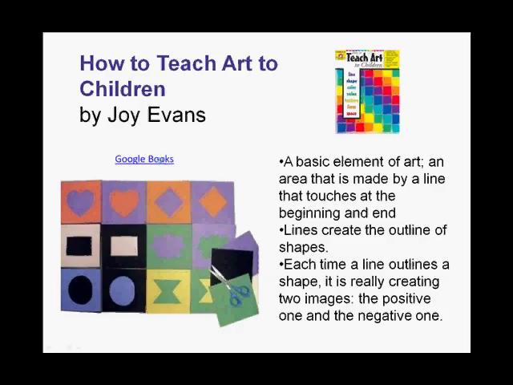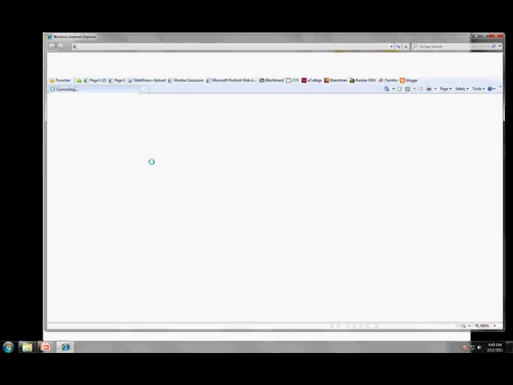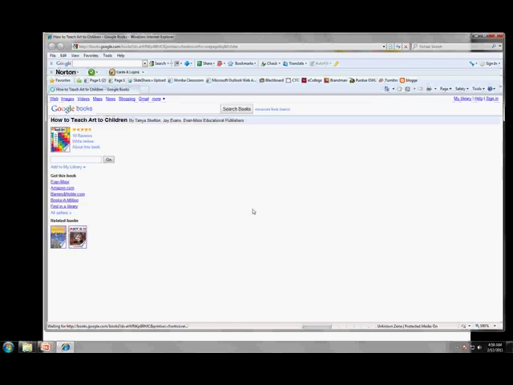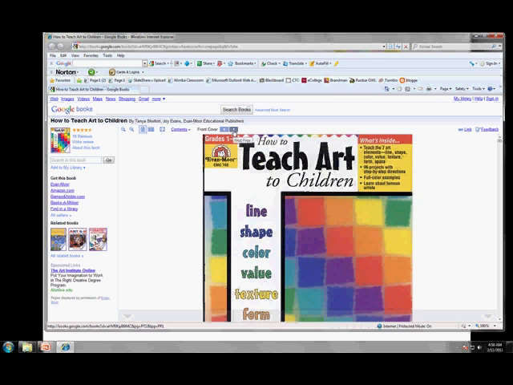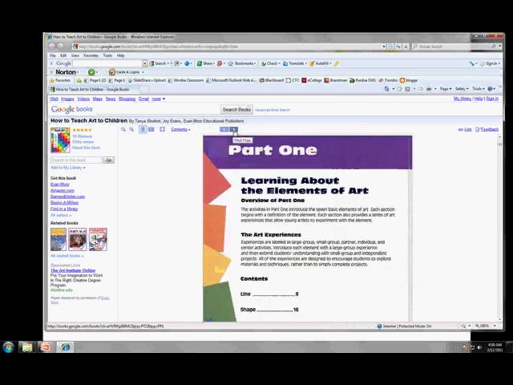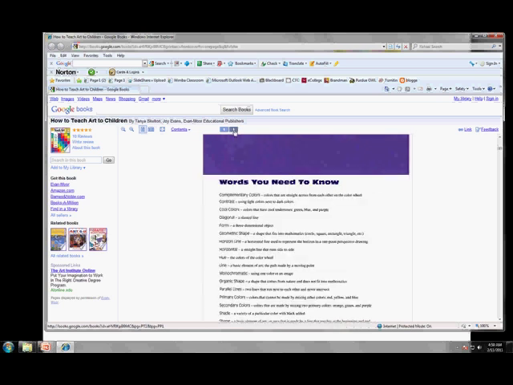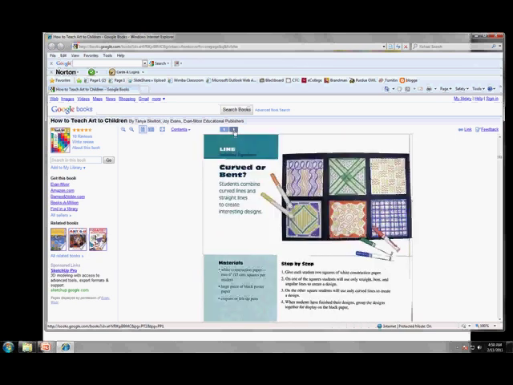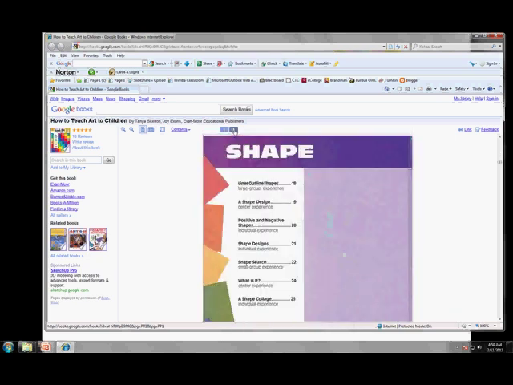As usual, I'm going to refer you to Joy Evans's book because she does have some excellent ideas on how to explore focusing on shape in different types of projects. As you can see, she's used common materials, the construction paper, the types of materials that you can find around your home so you can work on your art projects. It's available at Google, so you can go to the shapes section and see what kinds of alternatives. I have to pop through these one by one, but you can see what kinds of alternatives she shows you